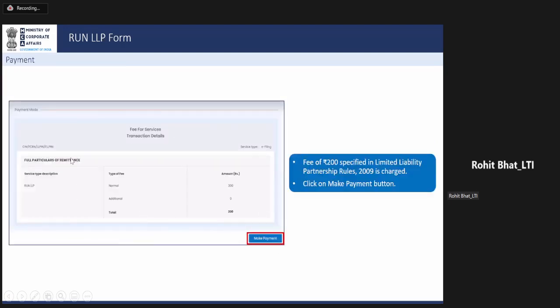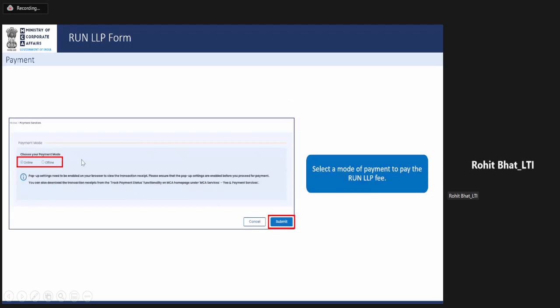This is how the summary of payment will look. They get to know from this page what exactly the payment is. If any additional fee is required to be submitted, that fee will also be added here. They click on make payment. They get the option of online and offline. In online, multiple options have now been added. Around 8 options have now been added, and you'll be redirected to NTRP portal.